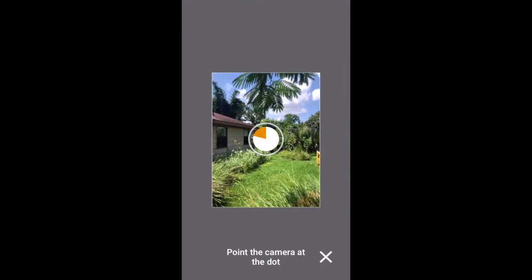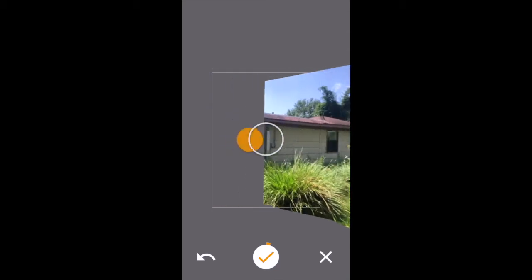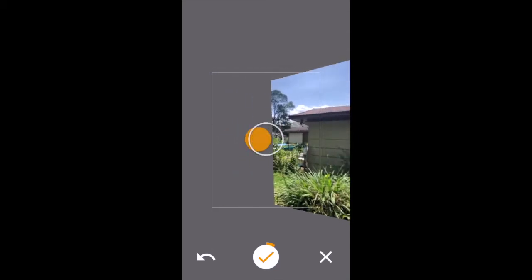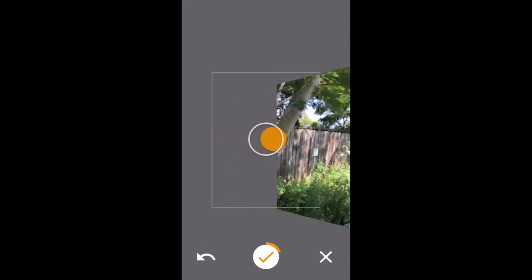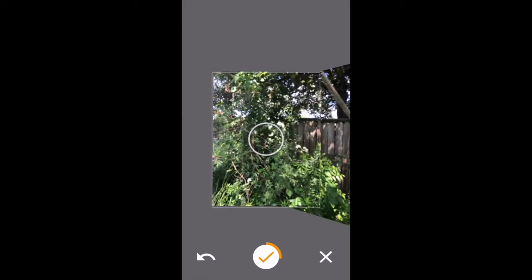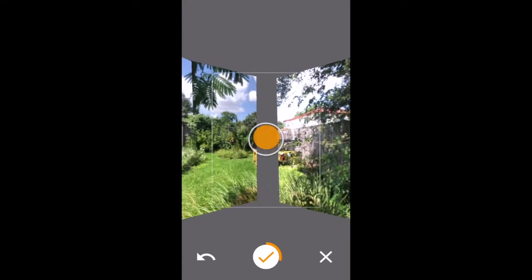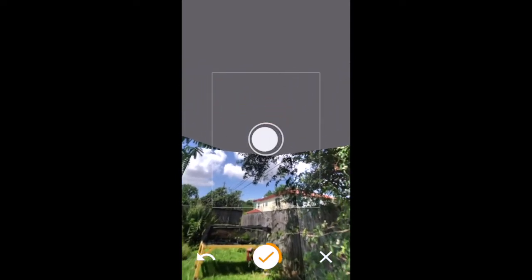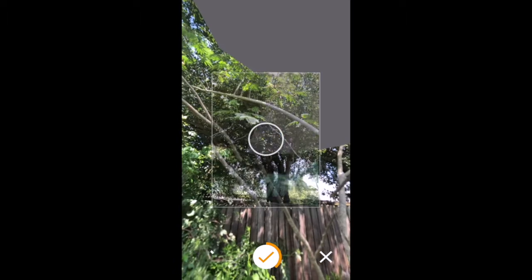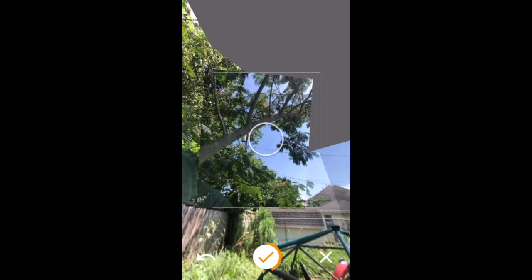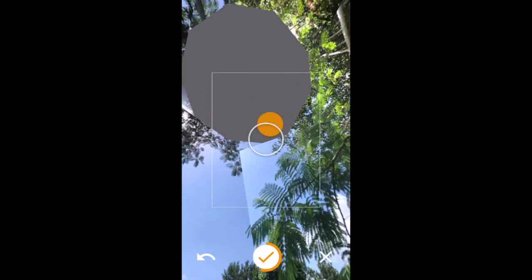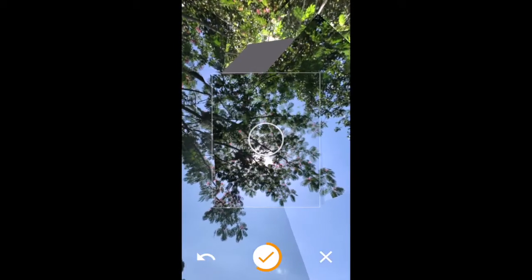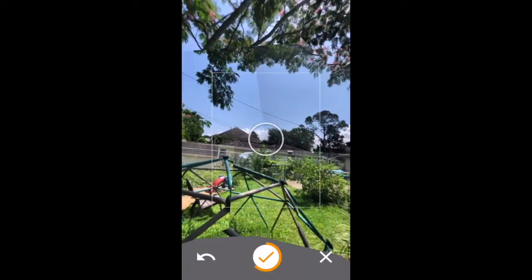What you do, this is a little bit of a game, is you want to center the orange circles in your white open circle. This tells you which areas of your 360 photo are still missing. If you look at the check circle, you can see your progress. The orange around that check circle gets more and more complete as you go around. And your goal is to get all of the orange dots. And when that happens, your orange line will turn to green,